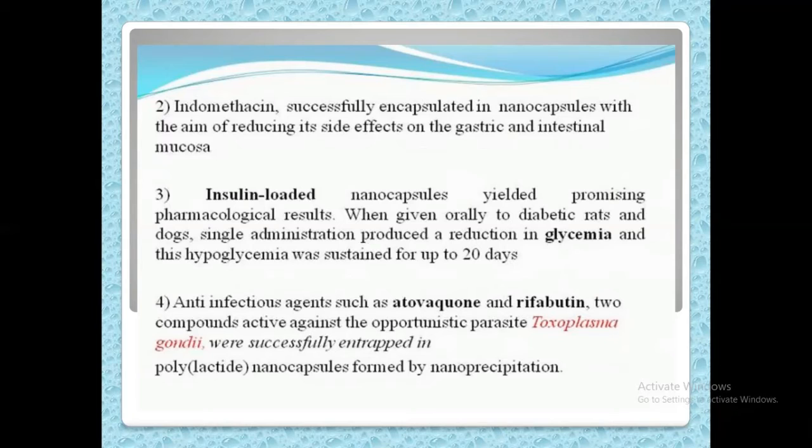These two compounds are active against opportunistic parasites like Toxoplasma gondii. This microbe will be killed by these two antimicrobial drugs. So these compounds, active against this parasite Toxoplasma gondii, were successfully entrapped in